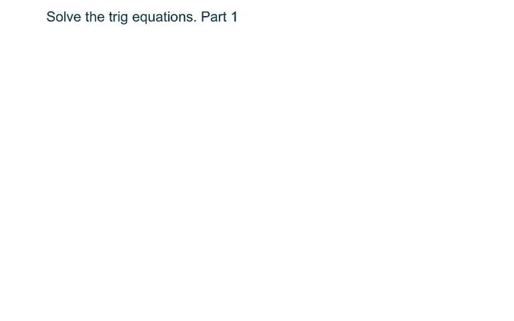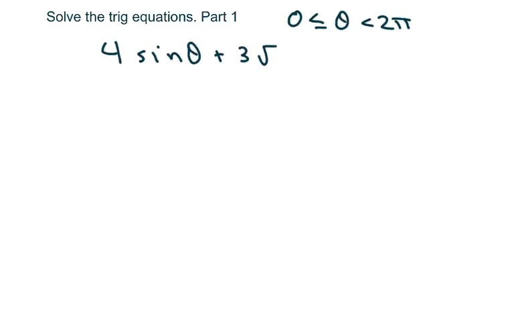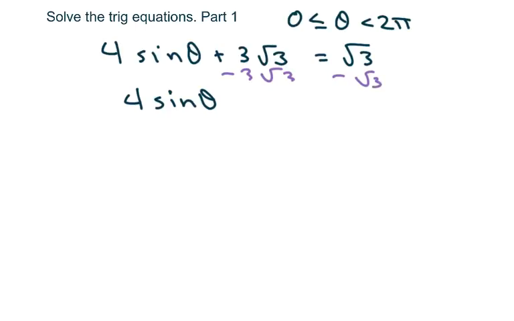In this video, we're going to solve three trig equations on the interval between 0 and 2 pi. The first one we have is 4 sine of theta plus 3 square root of 3 equals square root of 3. So the first thing we're going to do is subtract 3 square root of 3, and we get equals negative 2 square root of 3, and divide both sides by 4, and you get